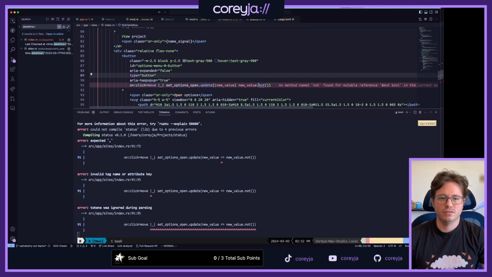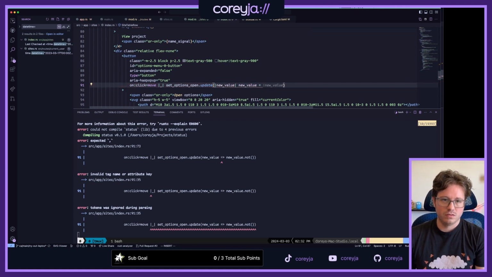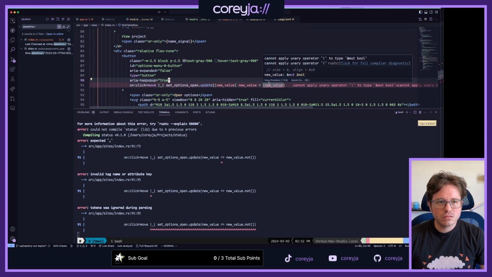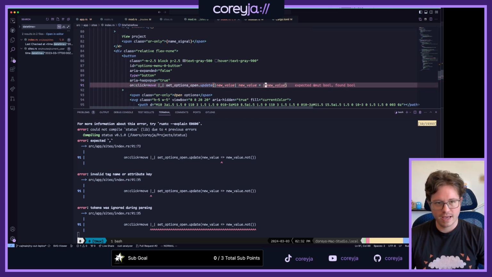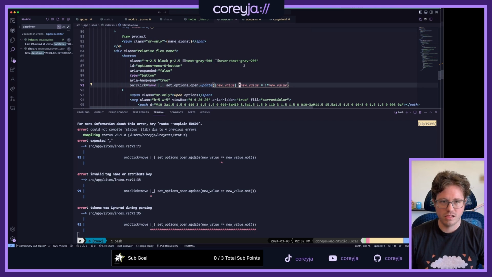I just wasn't even doing Rust correctly. Expected mutable bool, found boolean. I consider dereferencing it. Yeah.